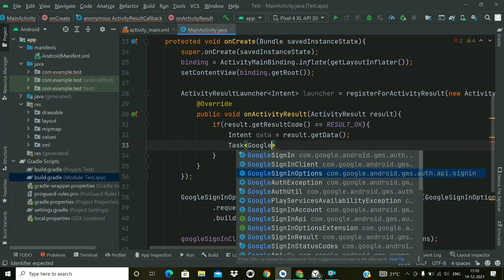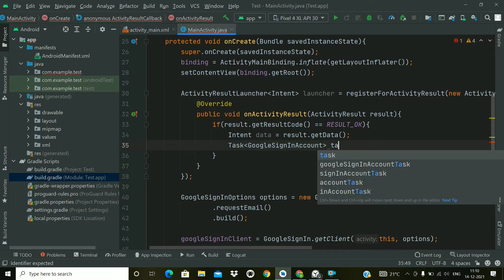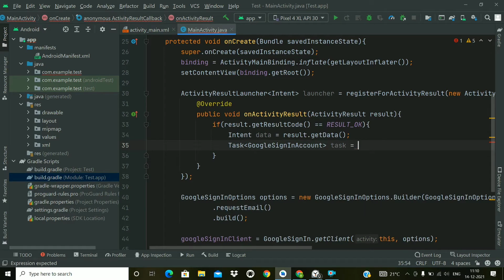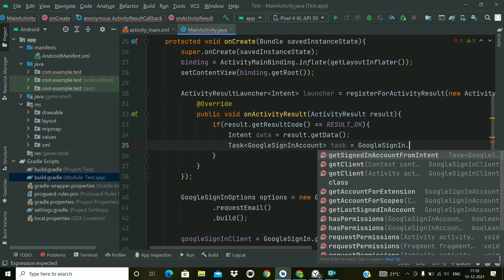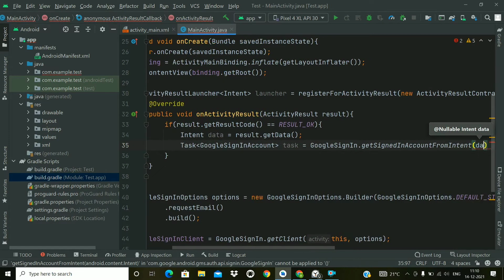So Google Sign-in account, we have to create a reference of task of type Google Sign-in account, and now we will call the method. So Google Sign-in dot get sign-in account from the intent and pass the data here.